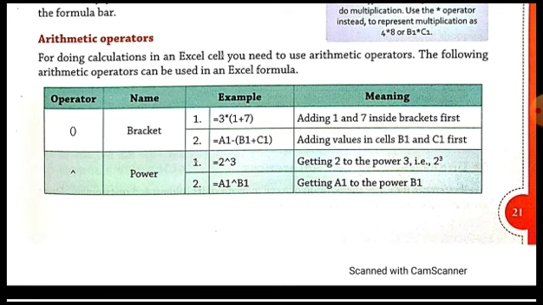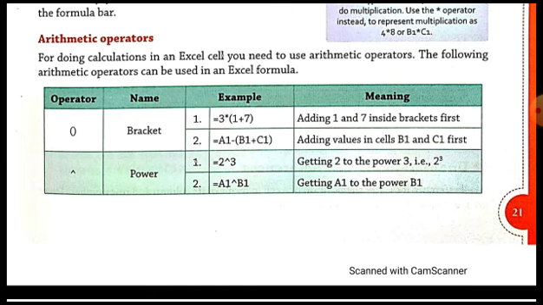And then after the bracket, what will happen? First, that operation will be performed, and whatever the result of the operation is will then be multiplied with 3 here. The result of the addition will be 8. First 1 and 7 will be added, and then the result 8 will be multiplied by 3. So whatever is the content of the bracket is calculated first, and then that result is applied to the rest of the expression.